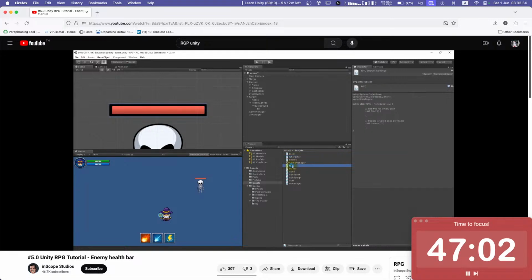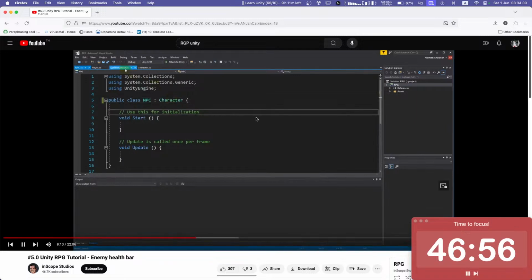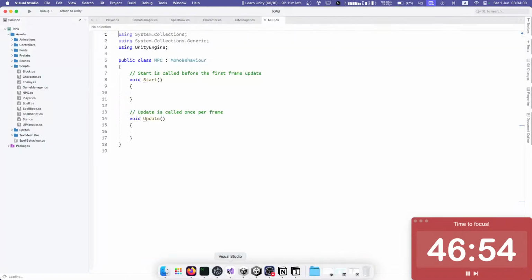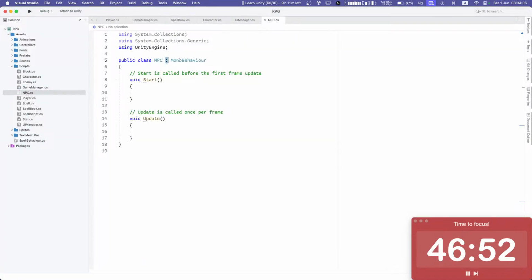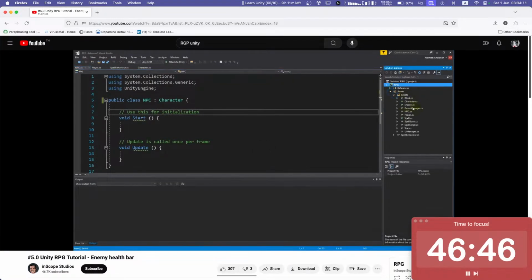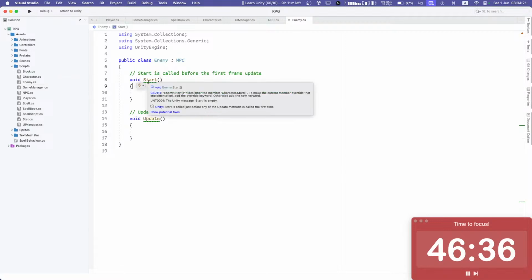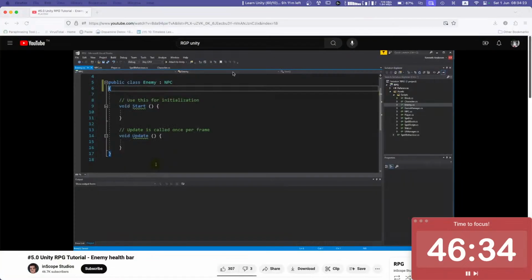So let's see, we have the NPC, and right now it's just going to inherit from character. And save this. NPC is already a character, so it inherits from character. We have our enemy somewhere there, and it's going to inherit from NPC. Enemy is an NPC. There we go. Okay, so the first thing I would like to do is to